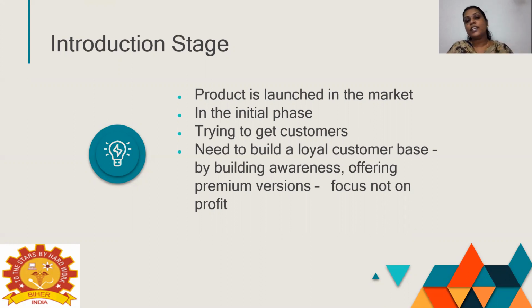Therefore, in this stage, generally the sales volume and the profit margins will seem to be very low. Competition also is low and distribution is limited, and price is usually relatively high when compared to the other stages of the product. Heavy expenditure is incurred on advertising and promotional activities because you have to shift the customers from the product that they are already using to your product. Therefore, this quick acceptance, this conversion has to happen, and to create this primary demand, you have to do extensive promotional and advertising activities.